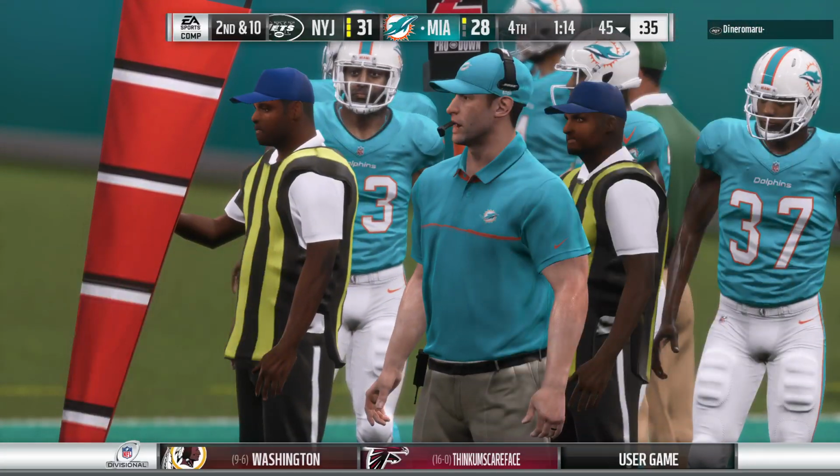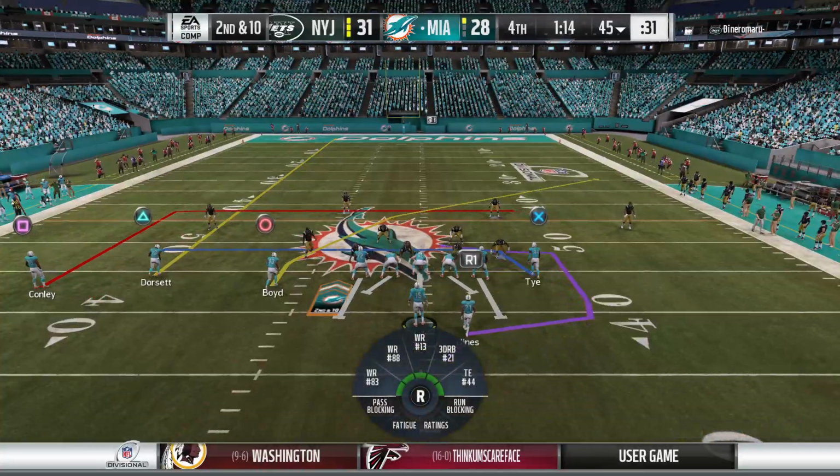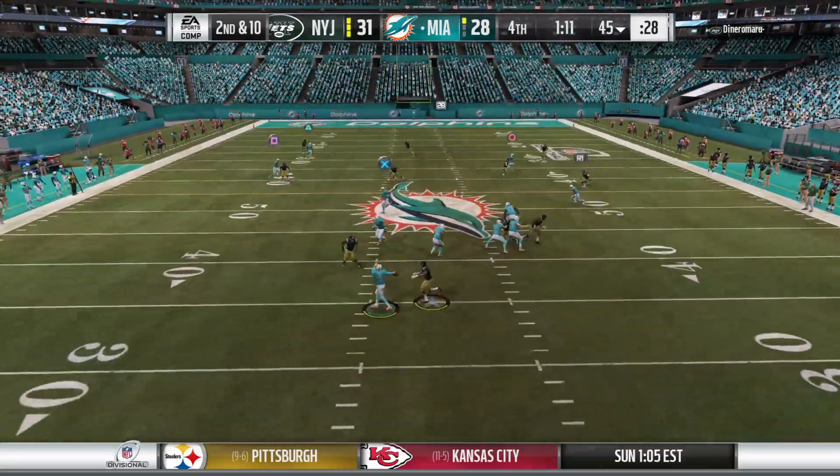Brandon, there's one bright side to that incompletion. What's that? It wasn't an interception. Wow. You're a nice guy. That was kind of savage. But correct. No pick, just...